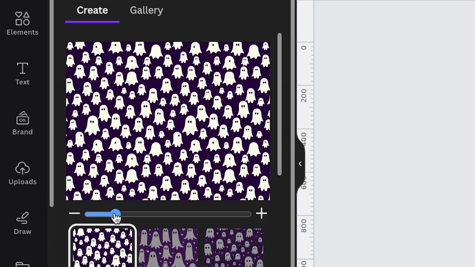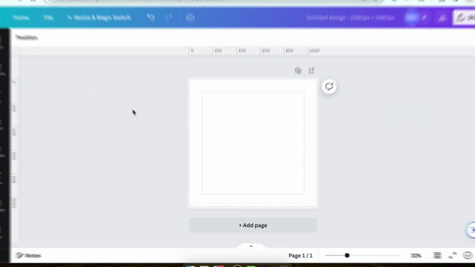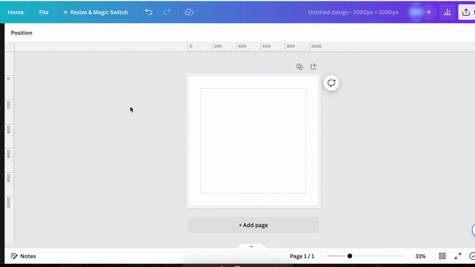How to create seamless patterns in Canva. Let's get into it. With Canva open, the first thing that we need to do is go down to the